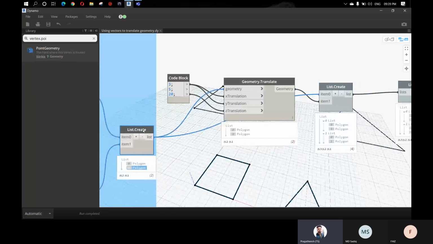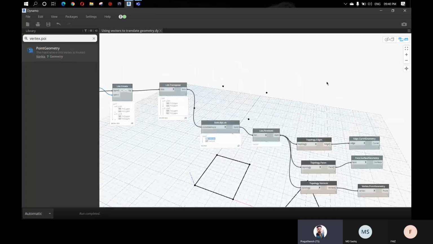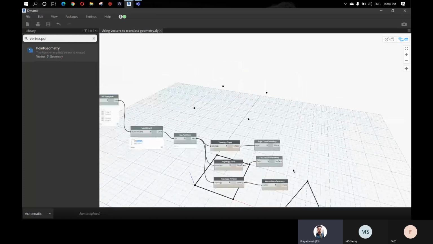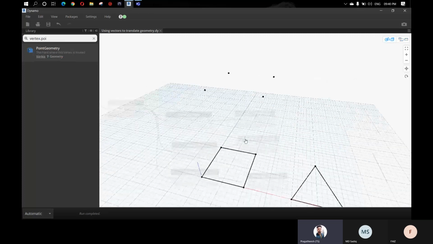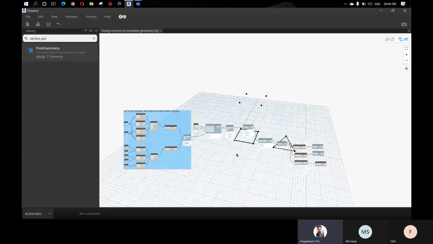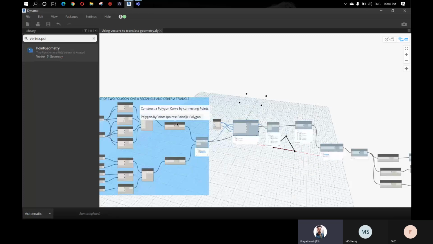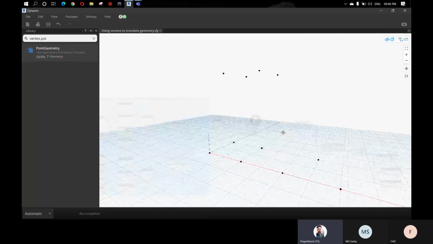Now what you're seeing here is the vertex point geometry, these 4 points. In the bottom we also have 4 points, but I haven't hidden the bottom geometry. If you want to see that, we can hide the bottom geometry so that we can see all the vertices, all the corner points basically.